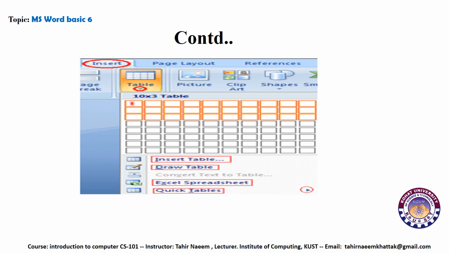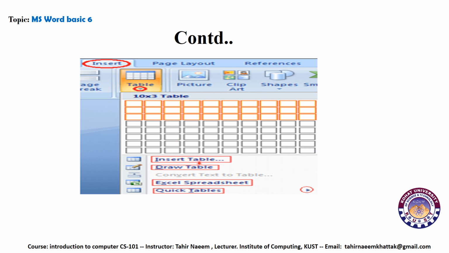As you can see, 1 2 3, this is the row, and these are the 10 columns. Horizontal lines are the rows, while vertical lines are the columns. And we can select the number of boxes according to our requirement of the table. So this is the first and easiest option to select a table.